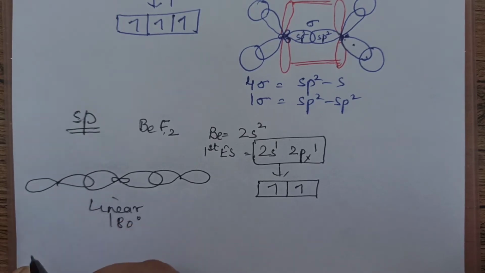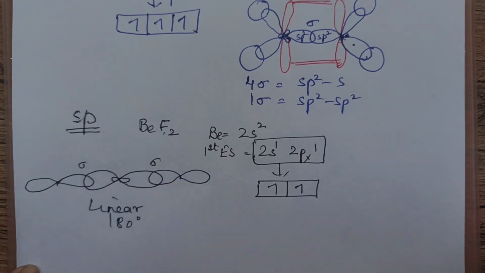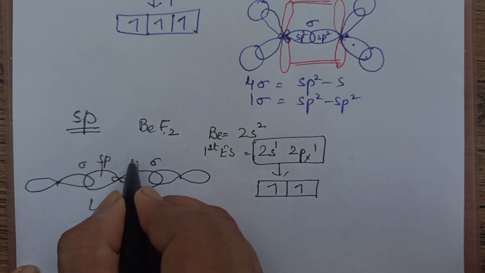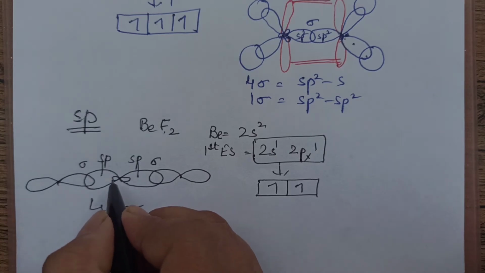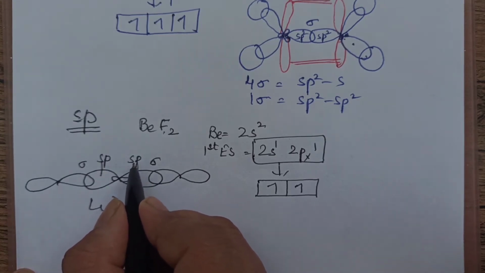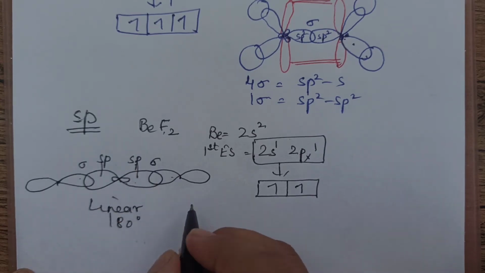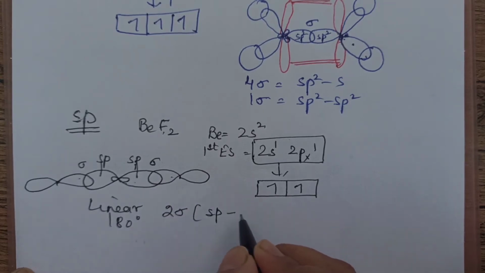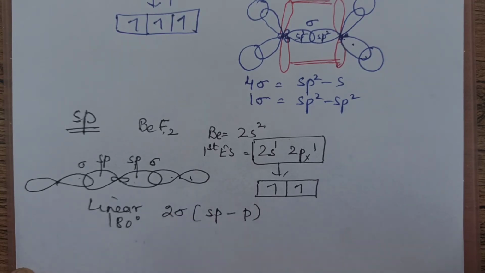And fluorine, as we discussed earlier also, the p orbital is having one unpaired electron, so it will overlap here axially and it will result in the formation of a sigma bond, right? This is a sigma bond. This is the sp orbital of beryllium, sp hybrid orbital of beryllium. So 2 sp orbitals are formed. So total 2 sigma bonds. There are 2 sigma bonds of the type sp-p. This is the p orbital of fluorine, right? Did you follow here?